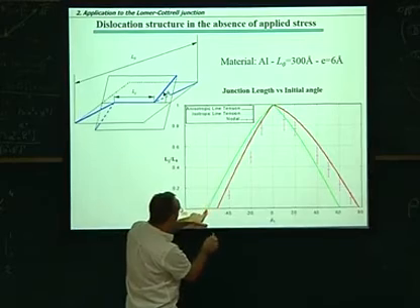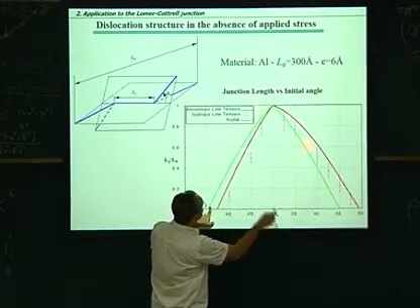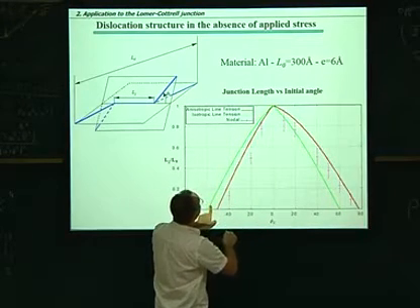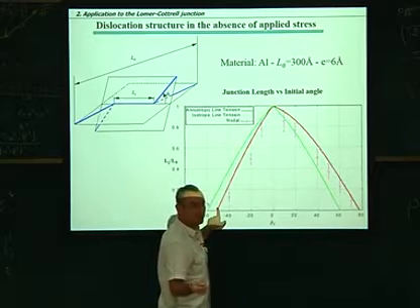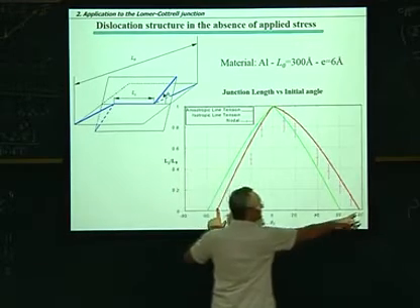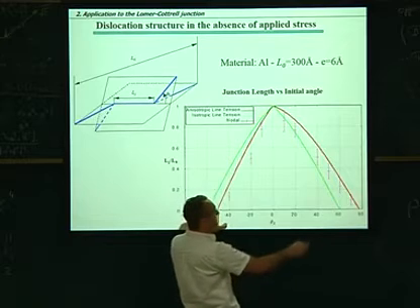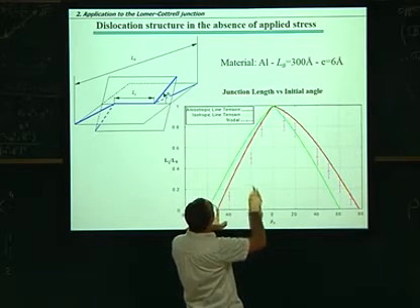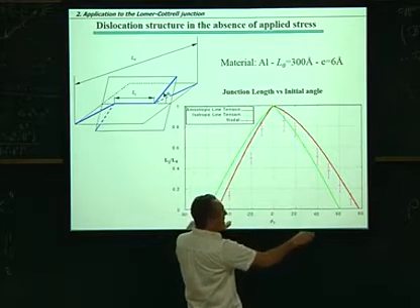With the line tension, it is symmetric if you take the isotropic line tension. If you take the anisotropic line tension, as I told you, taking into account the character of the lines, then you have a dissymmetry. It's higher here than there. The same as what you observe with DD, with the dislocation dynamics, you have this blue curve here.